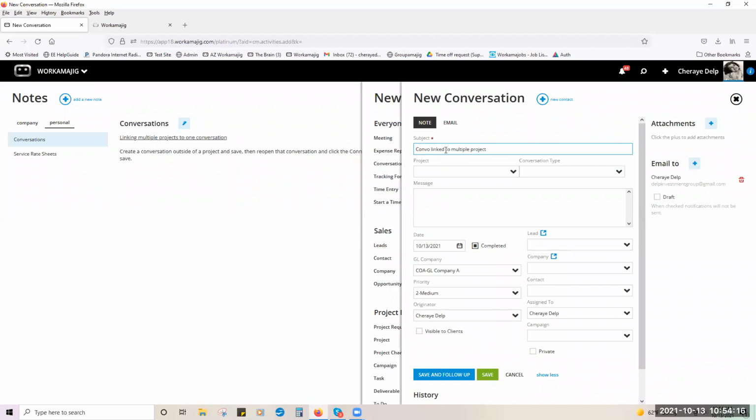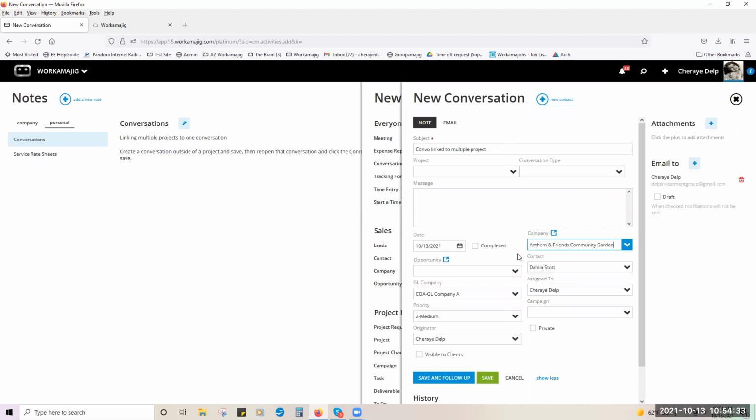When you create it, you're going to create it from any plus sign and then click conversation. And then what I want to make sure is I uncomplete the box and then I select a company. If this is related to, you need to pick at least one company to start with. And then what I can do is save. Once I save,